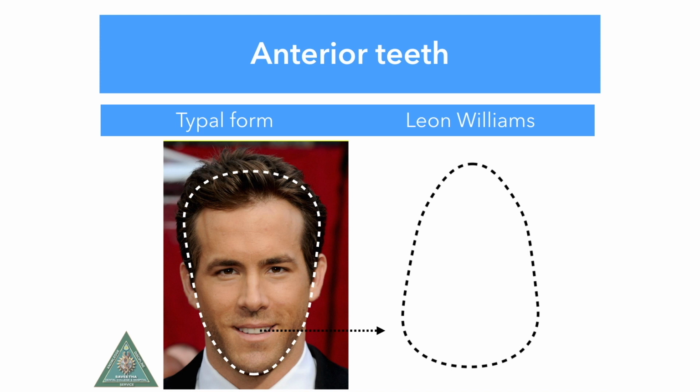You can also go by Leon Williams' Stipple-Form theory. He suggests making an outline of the face shape. So the person in this picture has a tapered face. So just invert the shape, and you will get a tapered tooth form. He suggests that is the form of the tooth that is recommended for this patient.